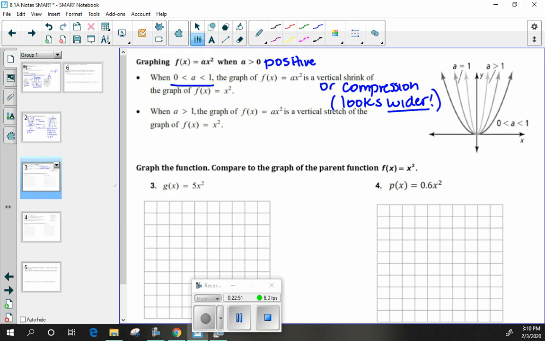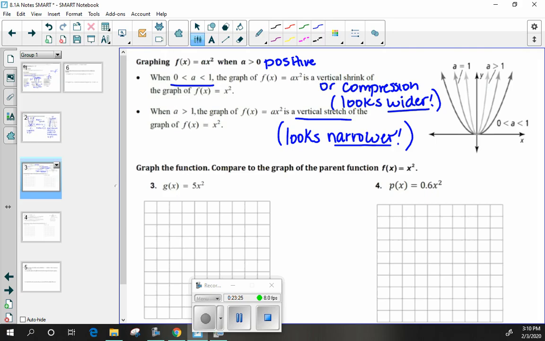Okay? And then if that value of a is greater than 1, like the last ones we did, then we consider that a vertical stretch, and it makes our graph look narrower. Okay? Now, the whole stretch and compression piece of it, I'm going to give you a little bit more of a visual explanation when I see you in class, but this is the true lesson right here, okay? I'll give you a few pointers in class that will help you remember that if you need to,